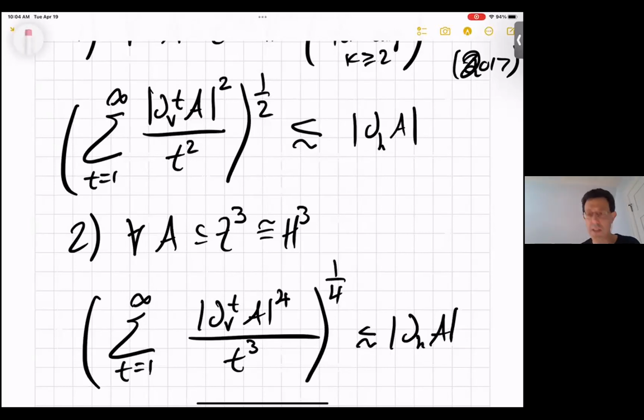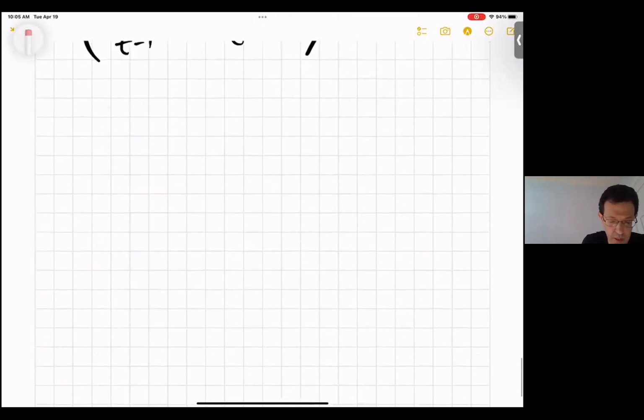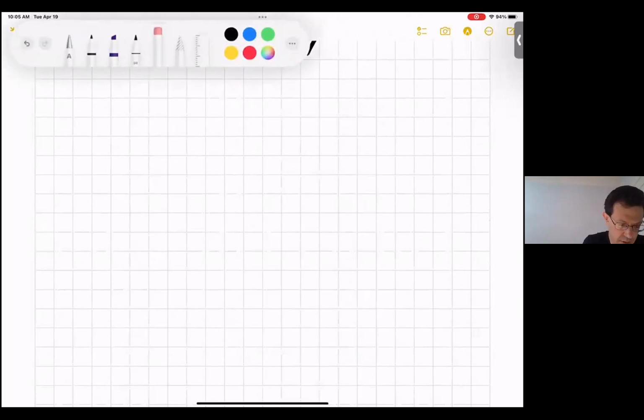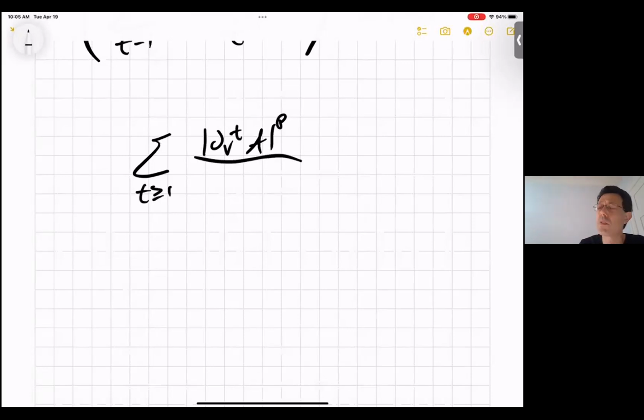Okay, so when I say best exponent, this is a little exercise that you do. This is really an exercise, again, in generators and relations. If you have any inequality of the form dV A to the power p, let's say, and then the correct power of p, which I think should be p over 2 plus 1,